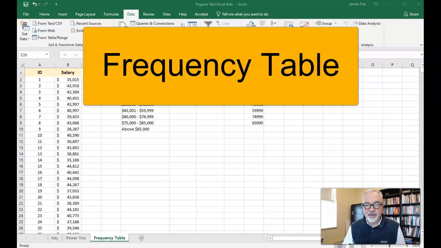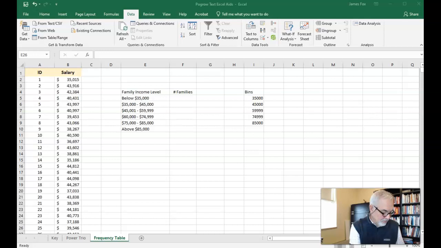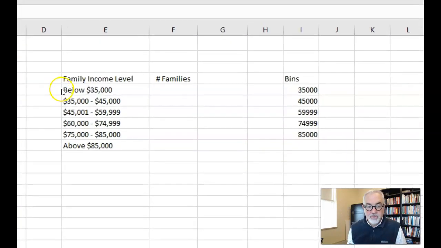Hi, the purpose of this video is to create a frequency table, one, for example, that you'll see in the Pogro text on page 72. When you're looking at your data, you've already done the descriptive statistics, the power trio: mean, median, standard deviation. So you know where your ranges are, you know your minimum and maximum. And so you begin the frequency table by crafting